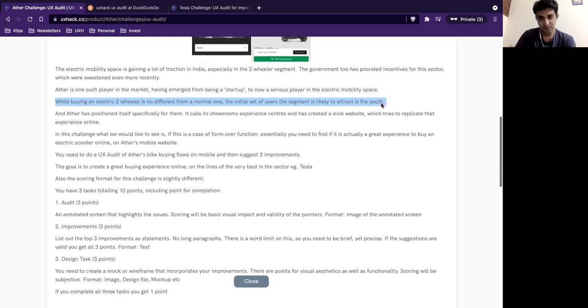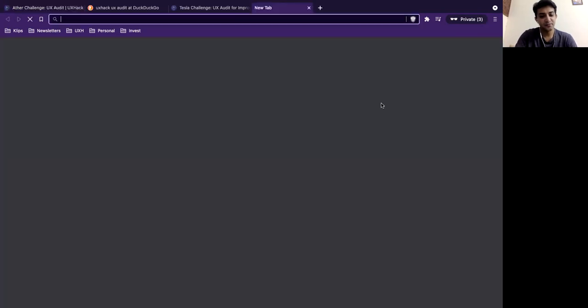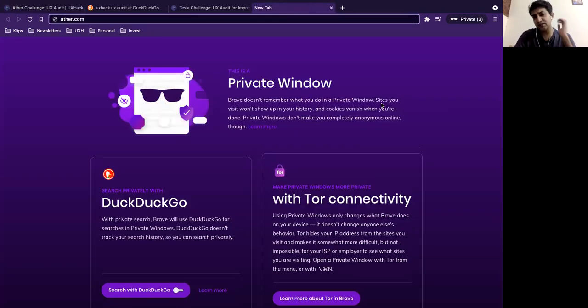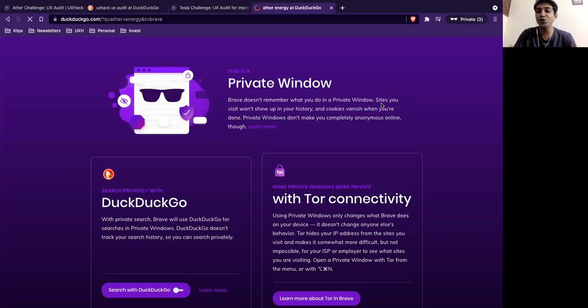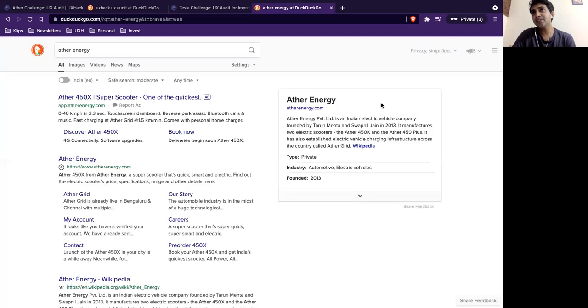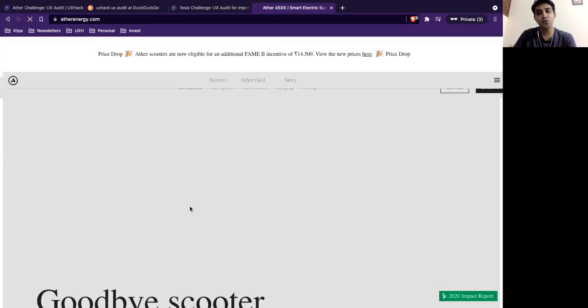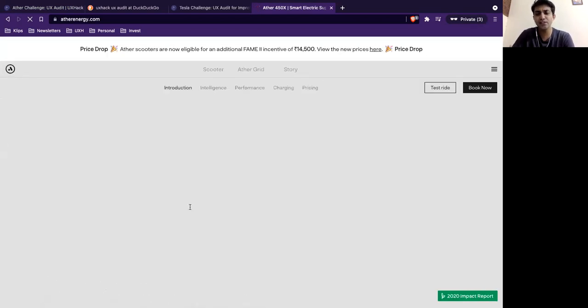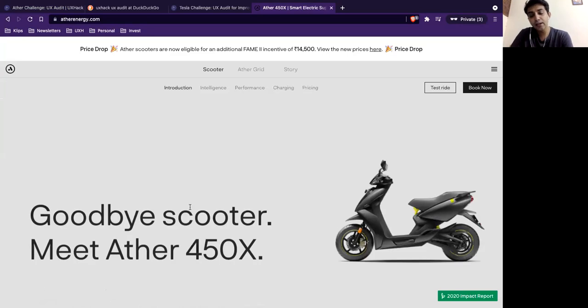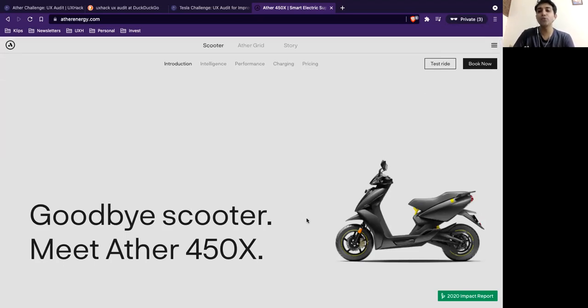So, are we having any data on this specifically, or the founders have said that? That's a fair point. That is an assumption that I have made, that we have made, that it's the youth. There is no data that Ather has released. I'll see if I can find some data, but at least the people who visited the showrooms, right? The way the social campaigns they've done, the founder posts on social, and he shows that the youth have come. I have actually seen some posts. So there's no data. You're right on that. But at least the way the site has been made, the way the experience centers have been designed, the colors that they've chosen do indicate that they're focused on the youth.